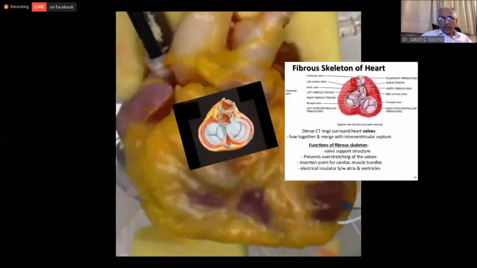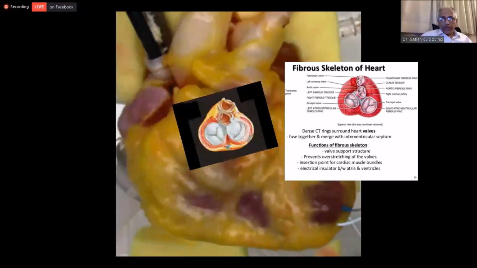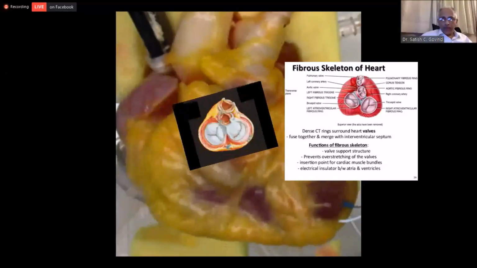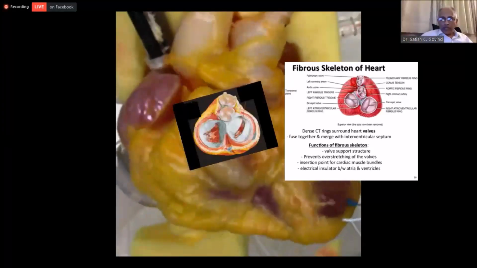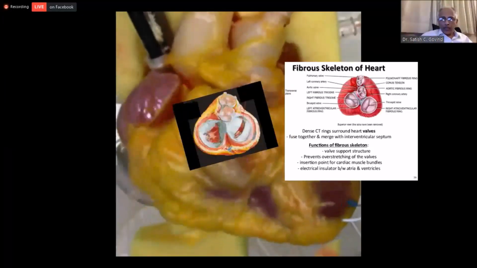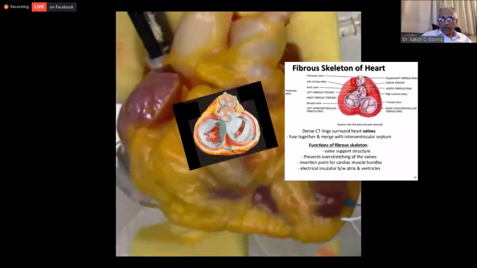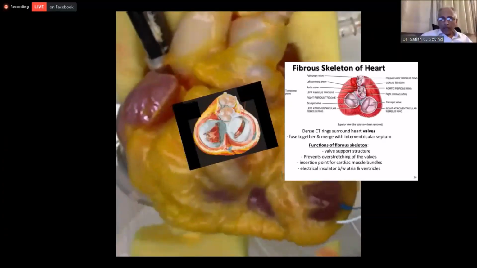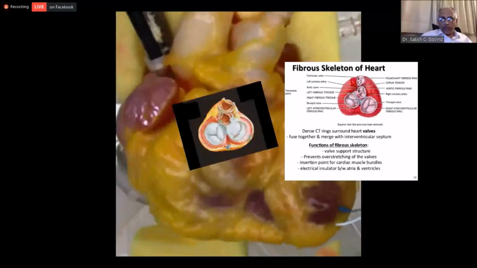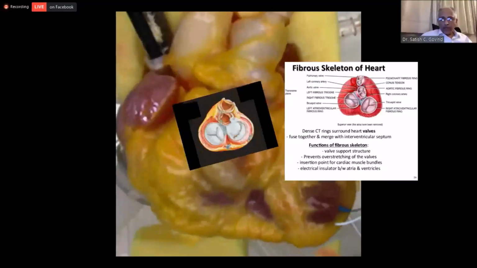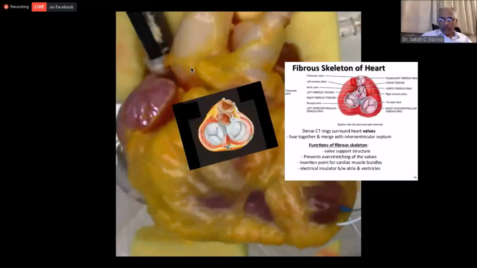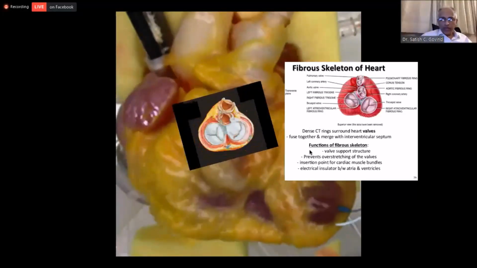Now, a few important points as far as the valve is concerned in terms of anatomy. So one needs to know that there is something like a fibrous skeleton of the heart. So this is dense connective tissue which sort of wraps itself around all the four valves. But when it comes to the mitral valve, it is the thickest because it is the left ventricle which it has to support. This is something which one has to be aware. So this prevents overstretching of the valves and also acts as an electrical sort of a barrier between the atria